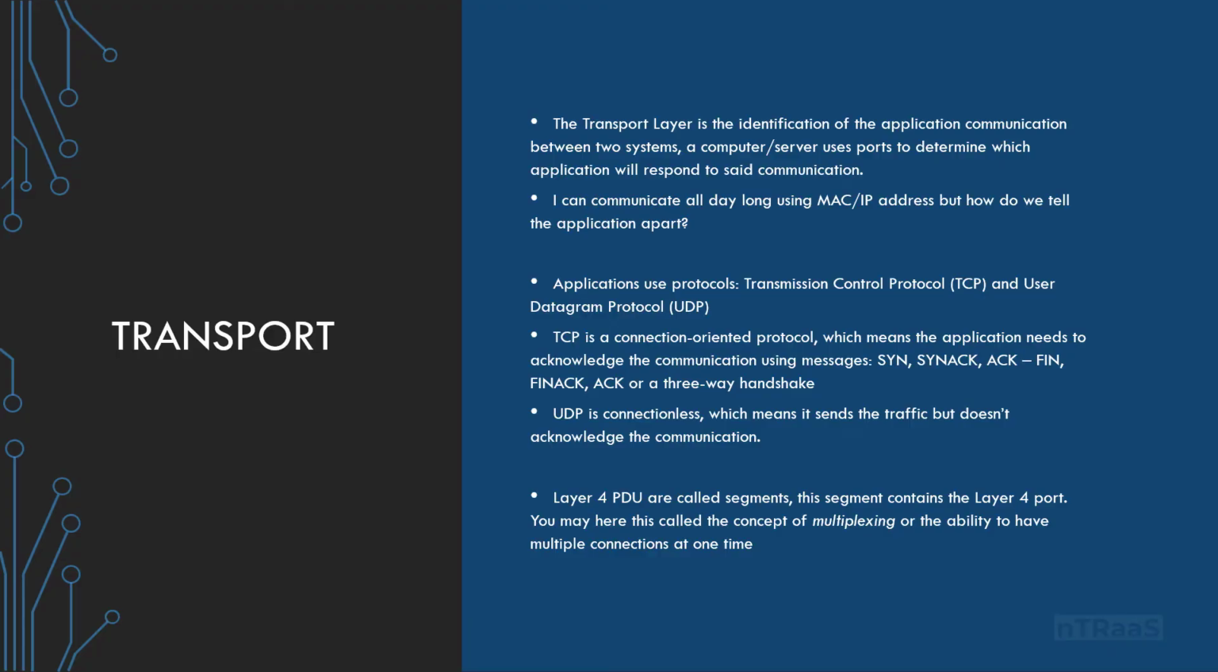Transport layer. The transport layer is the identification of the application communication between two systems. A computer and server use ports to determine which application will respond to that communication. So you can communicate all day long based on IP and MAC address, but how do you tell which application we're talking about? So applications have to use a certain protocol, TCP and UDP, the Transmission Control Protocol and the